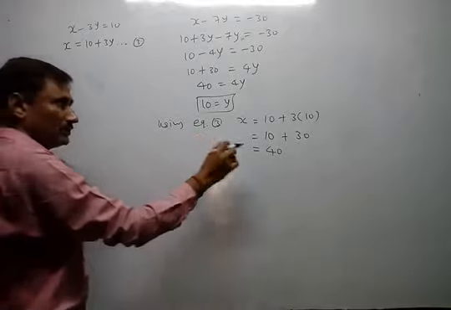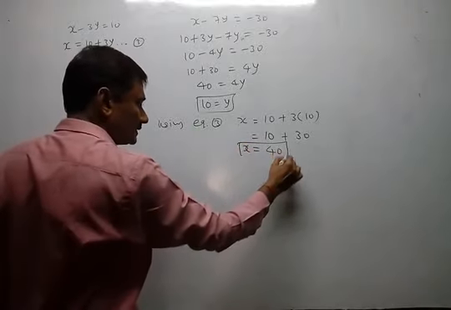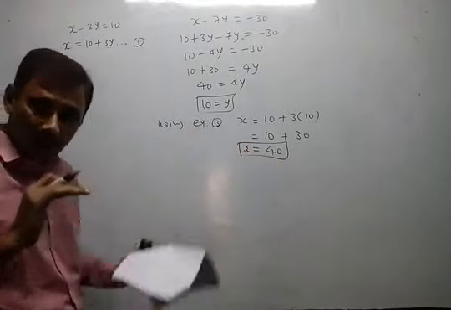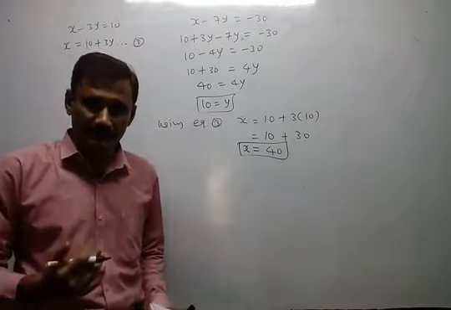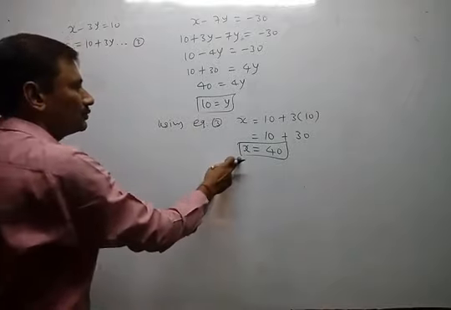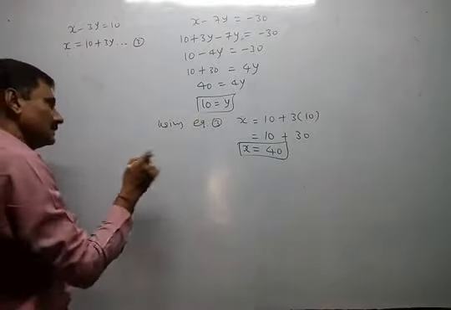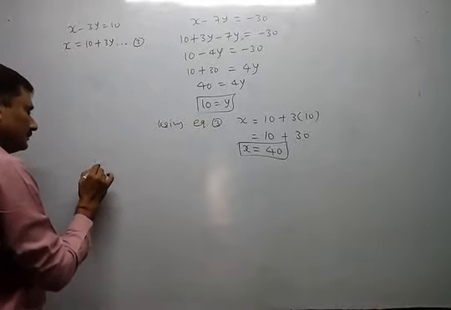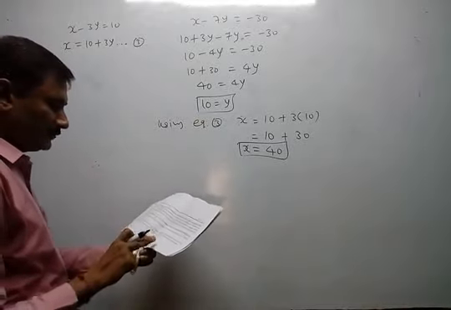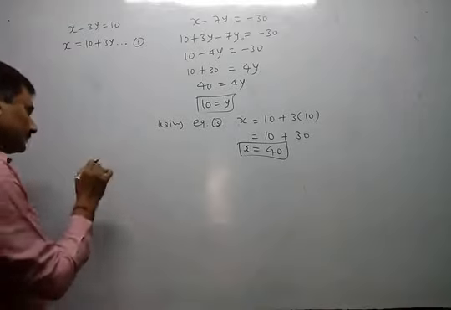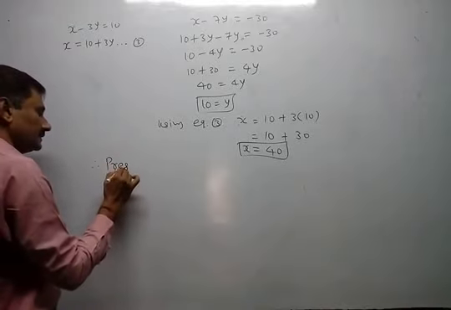x and y are not the answer. x and y are not given in the question. They are asked. So we have to remove x and y in the answer. So write down the final answer. Therefore, according to their statement, what are their present ages? So write down the present age.